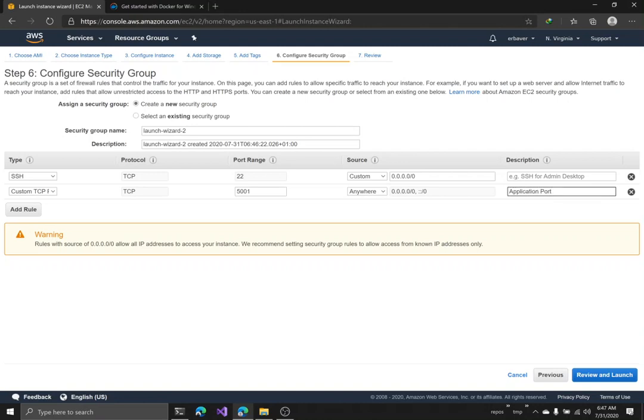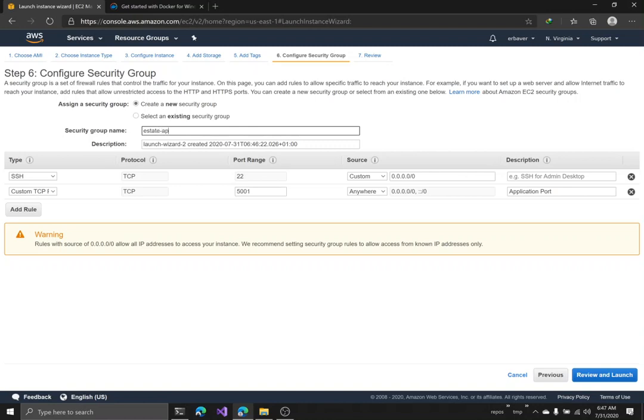application port here. The ports you open on your machine allow people to connect to your machine, and you don't want to open sensitive ports. You only want to open those ports that are necessary. For example, port 5001 needs to be opened for people to be able to connect to your application. I'm going to rename this security group name to estate app